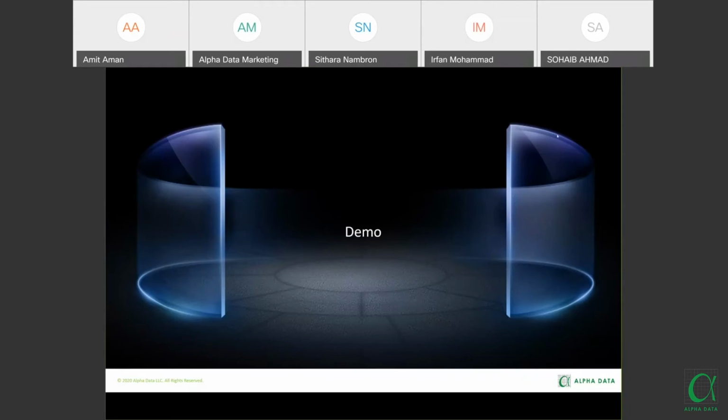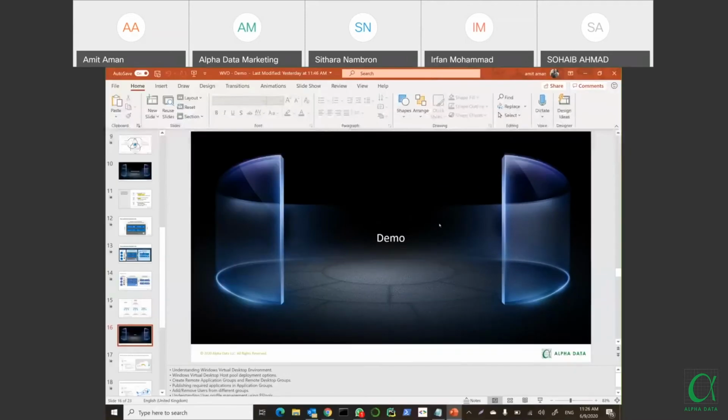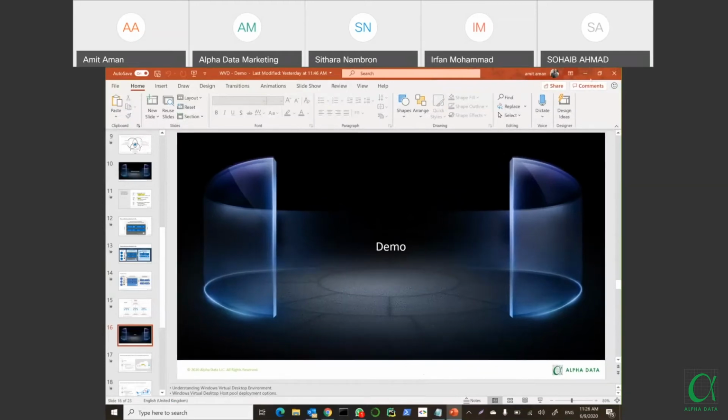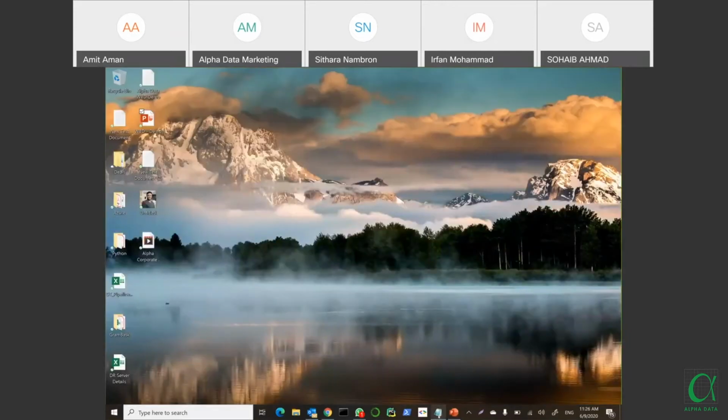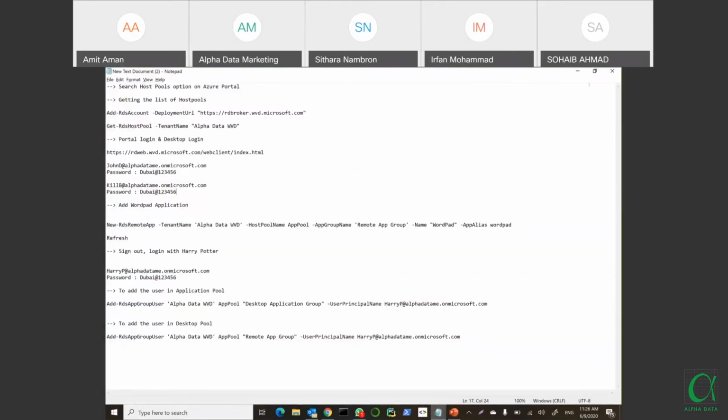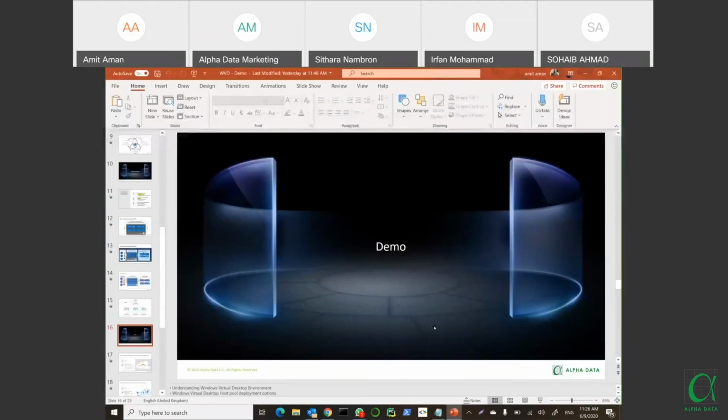All right, so now we'll be doing the demo. We'll be sharing it. For this demo, we have set up an agenda. First, we are going to understand what the Windows Virtual Desktop environment looks like.